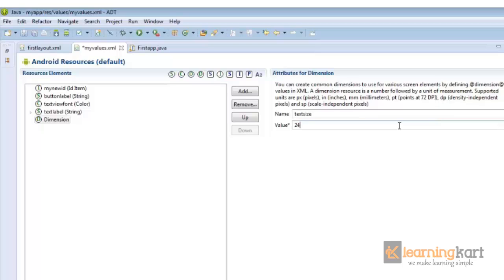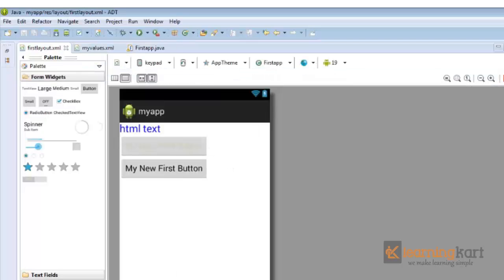For text, mostly we use SP, scale independent pixel. So we'll just forget what SP or DP or what PX means. We'll just focus on the number. This is a 24 size font that we have, dimension that we have created,